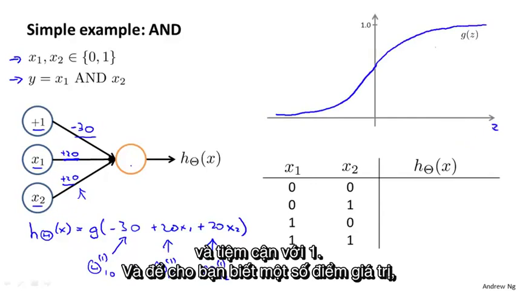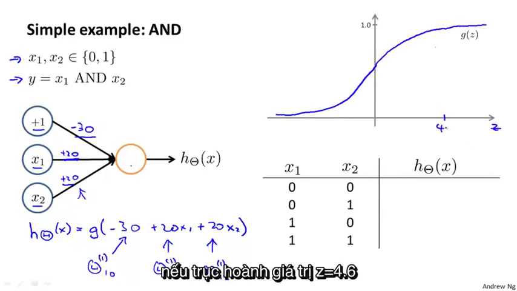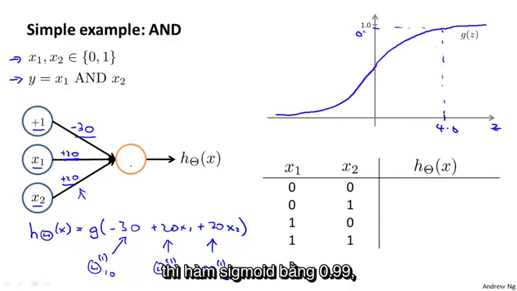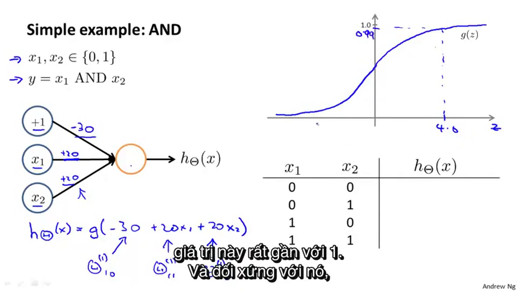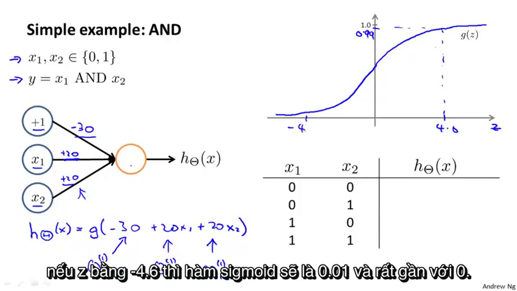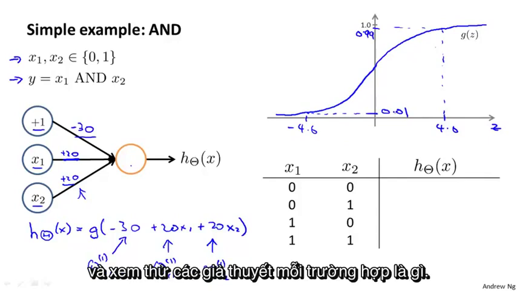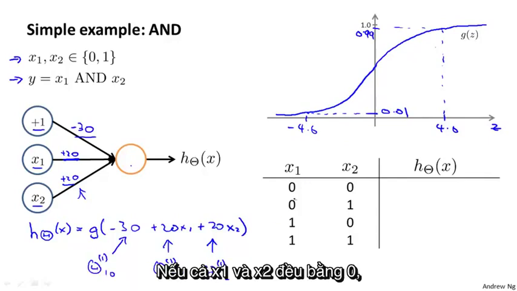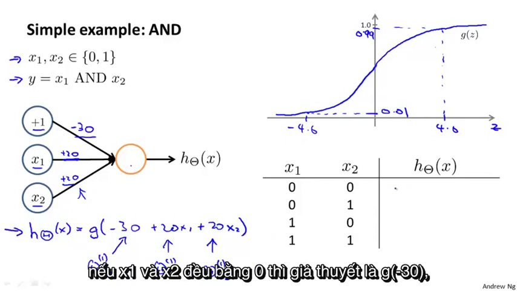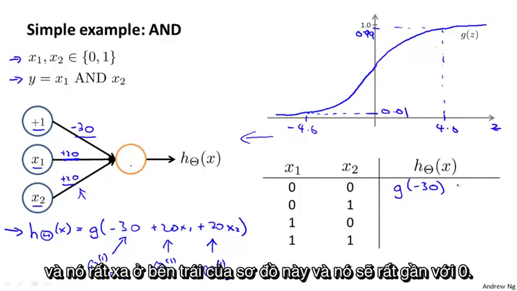And to give you some landmarks, if the horizontal axis value z is equal to 4.6, then the sigmoid function is equal to 0.99. This is very close to 1. And symmetrically, if it's negative 4.6, then the sigmoid function there is equal to 0.01. This is very close to 0. Let's look at the four possible input values for x1 and x2 and look at what our hypothesis will output in each case. If x1 and x2 are both equal to 0, then the hypothesis will output g of -30. So it's going to be very far to the left of this diagram,